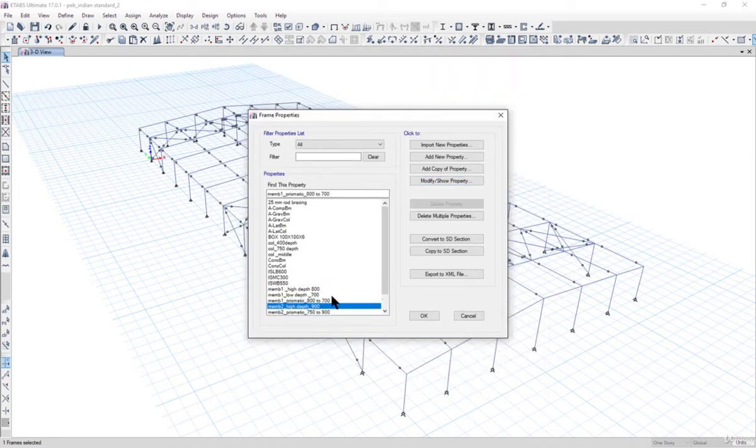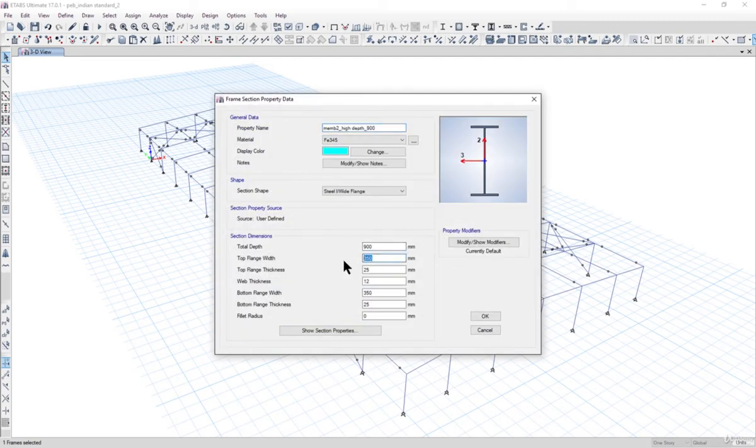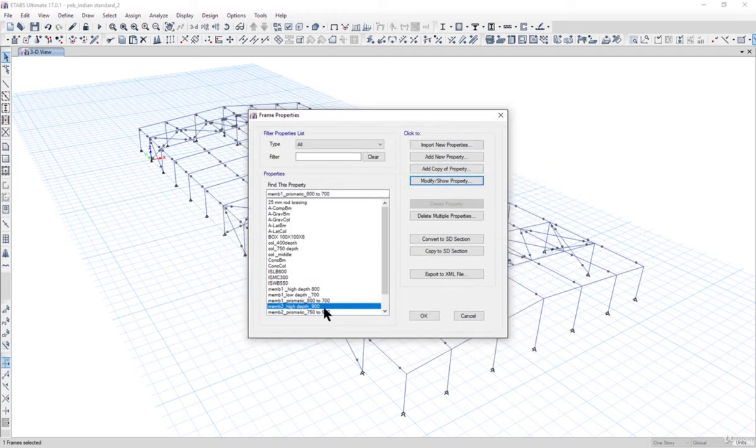After that, member 2_high depth 900, we can reduce the flange width, that is 300 mm, and we can increase the top flange thickness as 30 mm, web thickness is 12, 300 and 20 mm here. Left click on OK, and after that, member 2_prismatic 750 to 900.